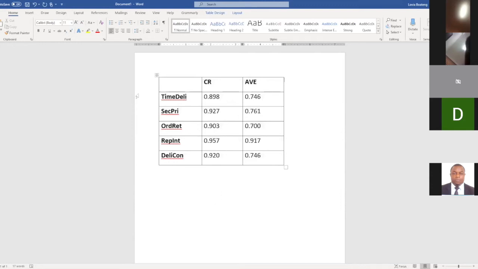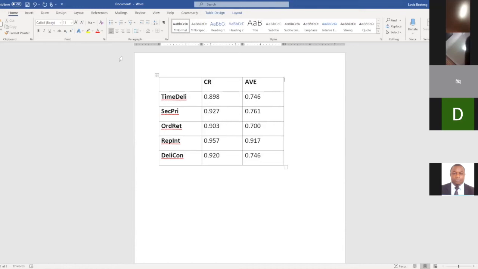Yes, Doc. Good. So now we have been able to get our CR and AVE values, and we have been able to determine that there are no problems. Now, in the event that the data was not good, like I said, this is a very well collected data set, which I'm using for my own research. And if you have issues with CR and AVE, it means you cannot proceed to test the Fornell and Larcker criterion for discriminant validity or the HTMT analysis for discriminant validity, because it means that convergent validity